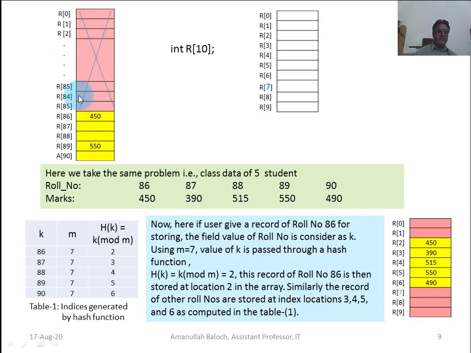This was the previous problem in the array. Now we reserve an array int r of 10. Here we need only 5 memory locations, but we reserve 10 memory locations, and this is not much wastage. There are 5 memory locations we will utilize and 5 will be wasted, which is very small compared to the 86 memory locations which we were wasting in the case of the array. 5 is very small compared to 86.